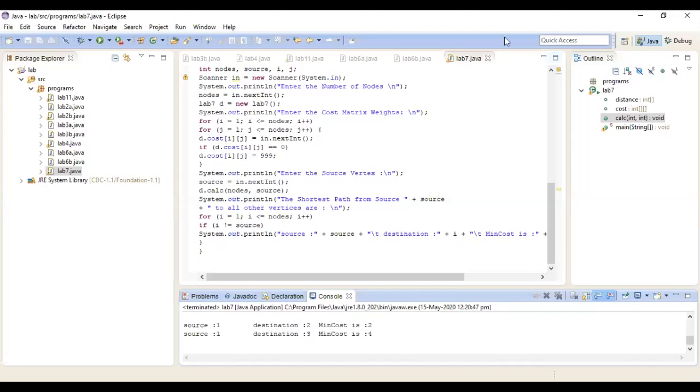So it is finding the shortest path to all the vertices from the single source, and also it's giving me the cost, what is the path as well as what is the